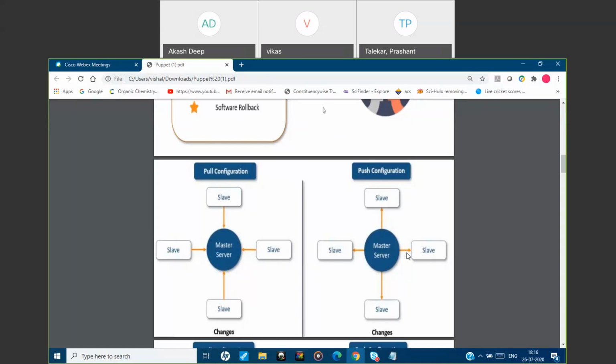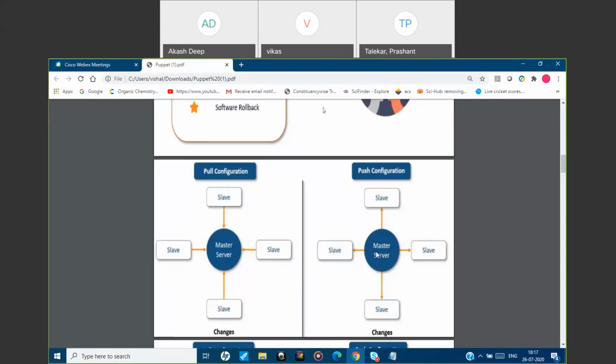So what you need to do here is configure all the slave information, all the slave IPs, because a server is identified by its IP. All the IPs will be configured into the hosts of this master. After the configurations, as soon as you execute a single command on the master server, all the configurations will be sent to your slave servers. This is a very widely used configuration in industry, right?